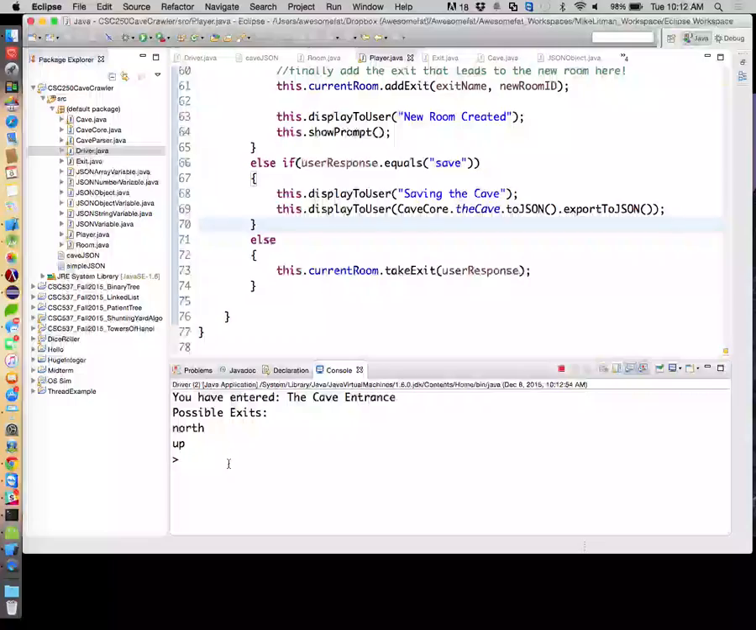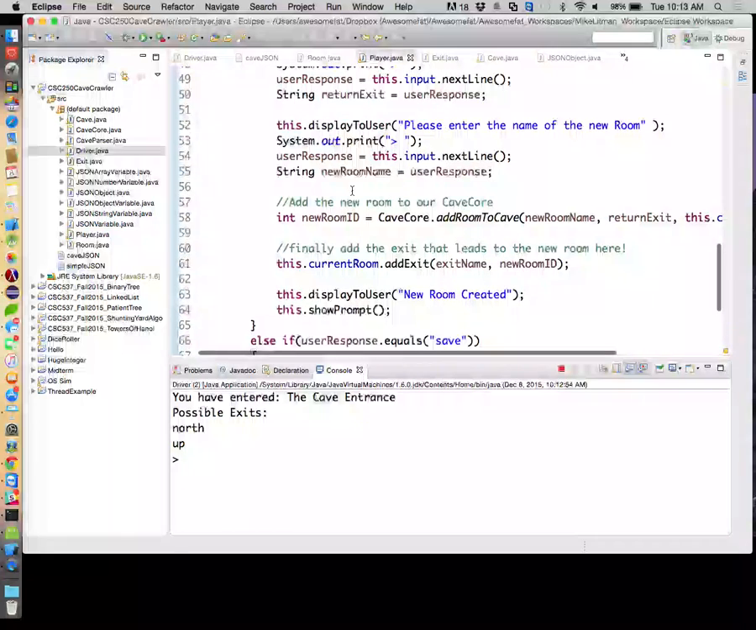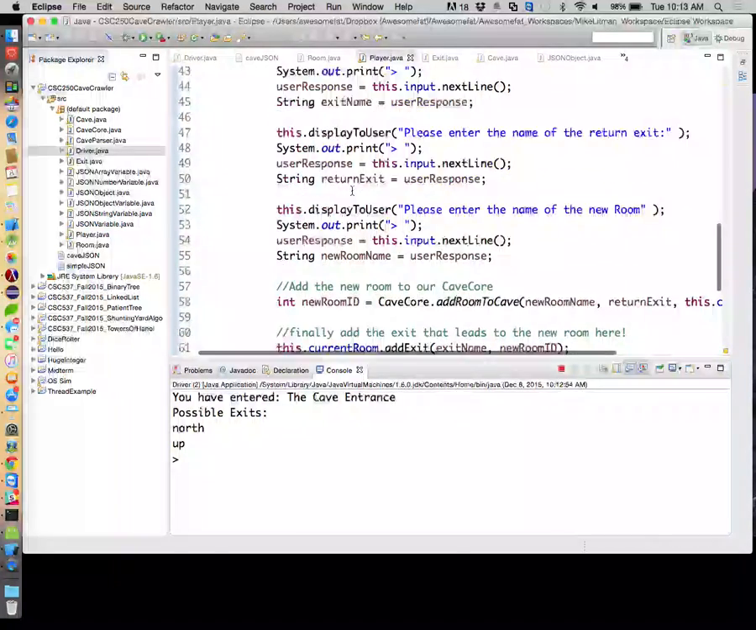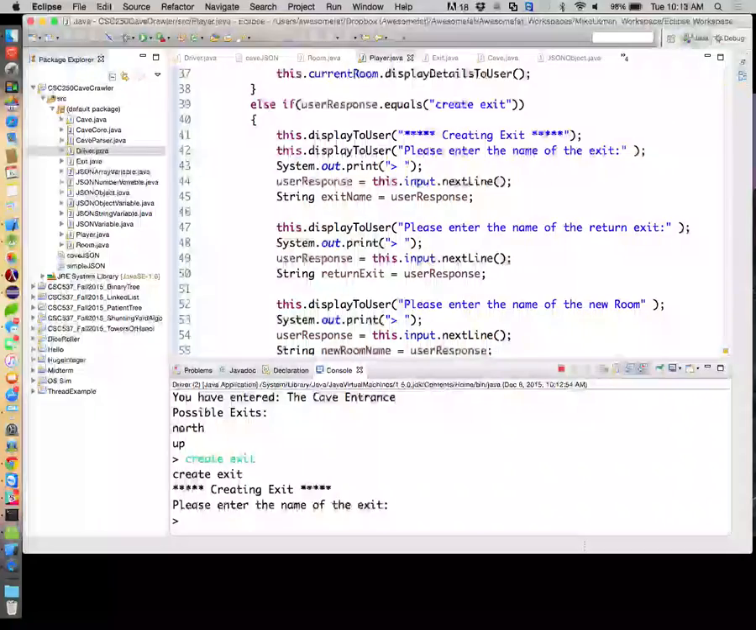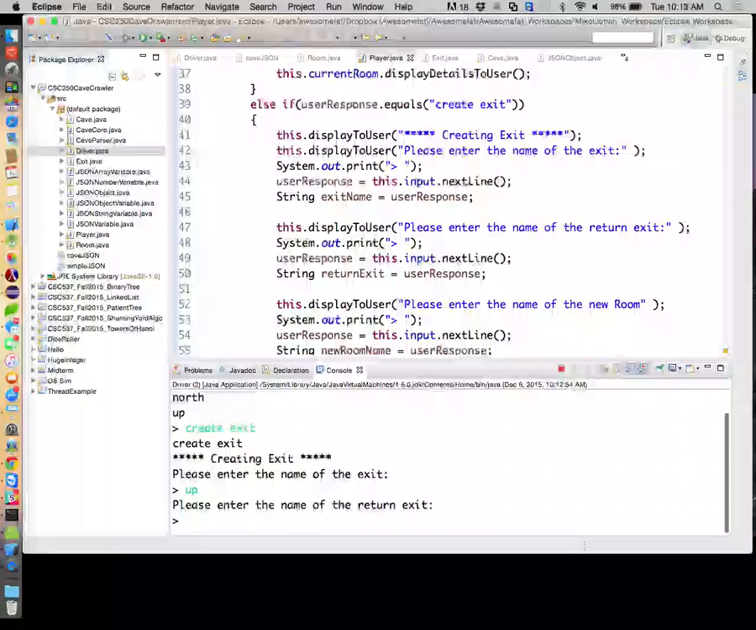man, somewhere we need to have like a help. We need to probably put a help function in today to remember what our commands are. Let's see, what are my commands? My commands are create exit. Name of the exit is up, down,